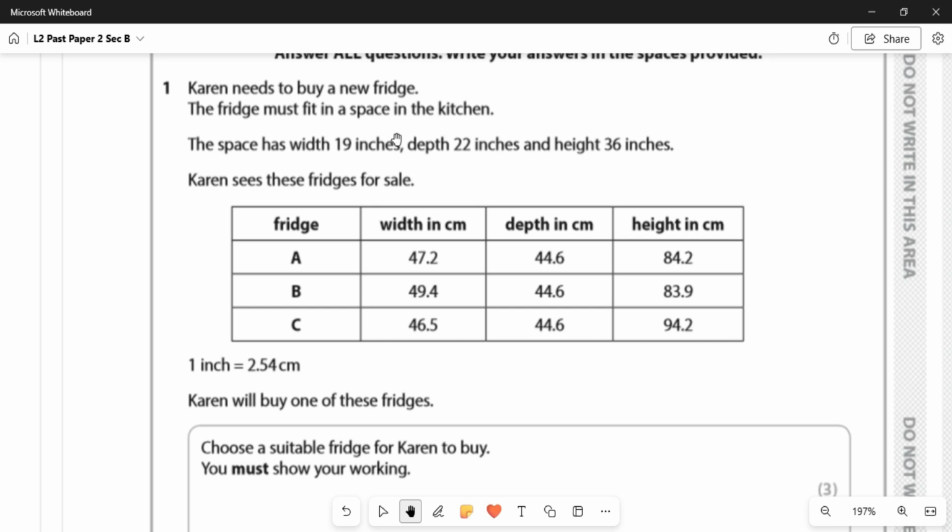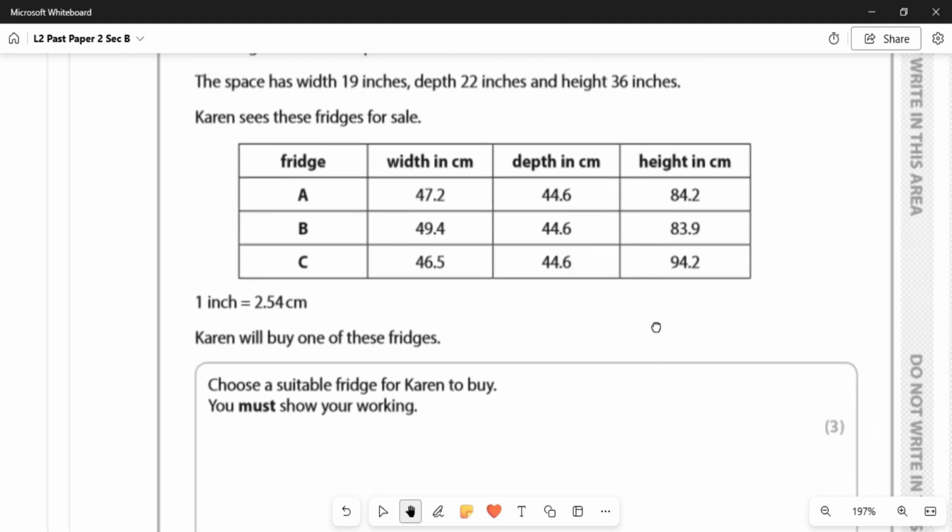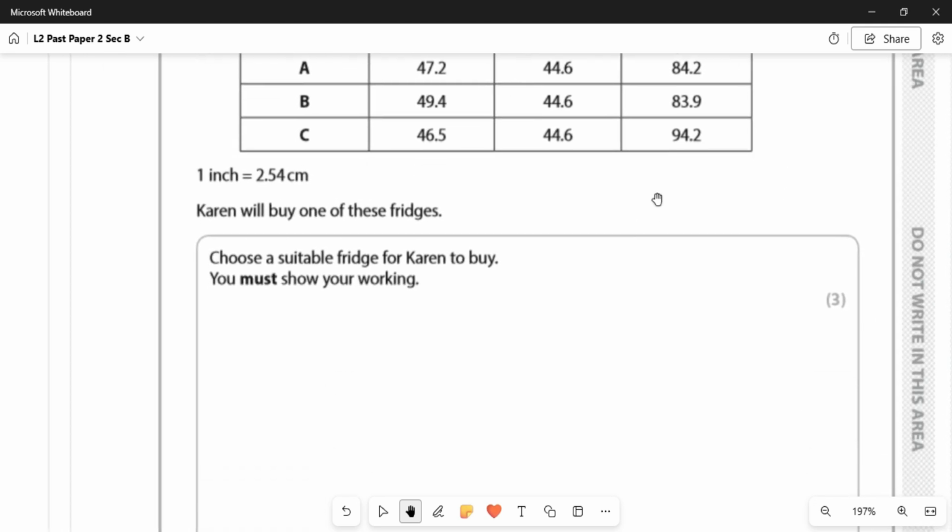So isn't it easier to just change the space from inches to centimeters rather than all of these? You'll be there quite a while trying to change all of these in the table. So let's use the conversion. 1 inch equals 2.54 centimeters. And the reason why I write it down is because it helps me to understand, am I multiplying